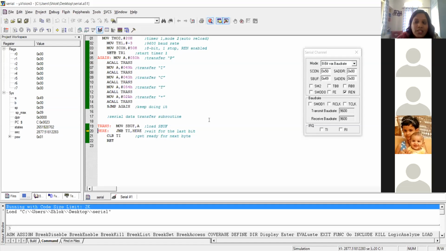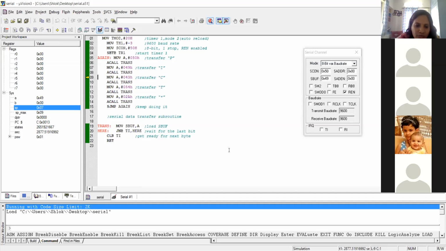Okay, for today's session that's fine. Just try to understand that we are continuously monitoring the TI bit. Whenever the stop bit comes from the first character, it will set the TI bit, the transmit interrupt, to 1. Right now the TI bit is not 1.